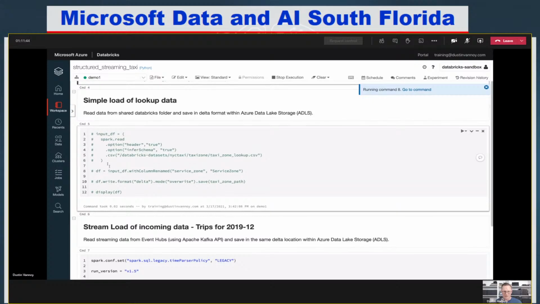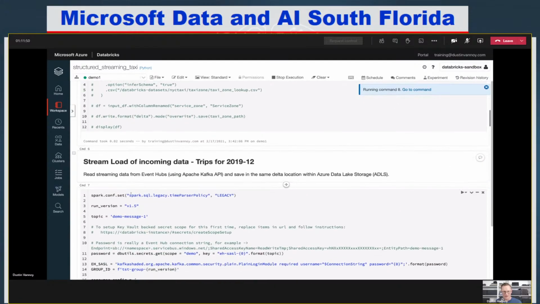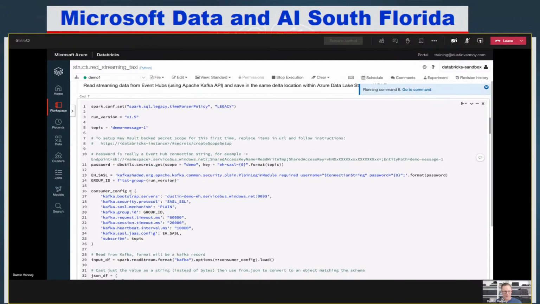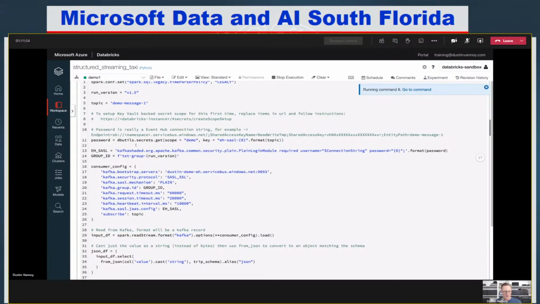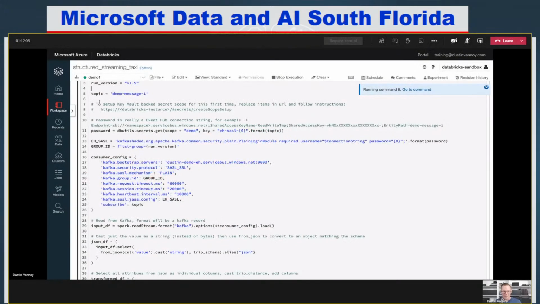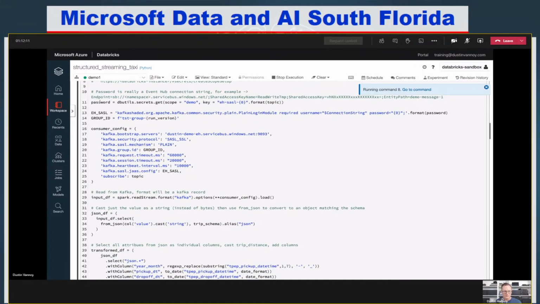I have a lookup table I use. I commented that out. We don't need to keep running that. That's just a simple batch read, column rename, and write. Let's get to the streaming stuff. You may notice that I find it's nice to just start fresh each time. So I have a version that I append. If you see that down below, I'm just changing the version each time I run this so we can start with a fresh batch of data, both in the data lake and on the Event Hubs topic I'm using.